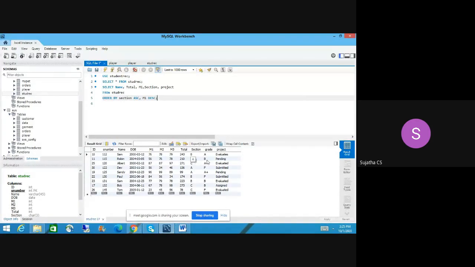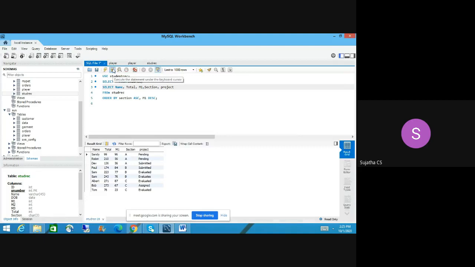So here, imagine, before running that query, we will see. So section A, and then 56, section A here, and then again 56. Then section A, 96. Okay, so it will pick these 3 records in the first place. Then using this 56, 56, 96, it will sort by descending order. So what will happen? The Sandy record will be on the top, and then 56, 56. These records will be displayed. Then only it will go to section B. Okay, you understand the concept?